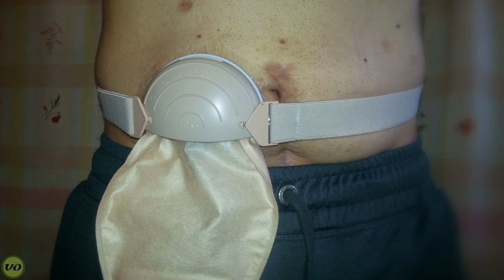Now, accessory bands can be mixed and matched with certain accessories. As an example, some stoma guards actually require a band like this in order for them to function and support themselves. So in some cases, you'll get the best of both worlds there. You'll get that support and you'll get the impact resistance. But keep in mind, again, this isn't a necessary product if you're not having challenges with your bag being super